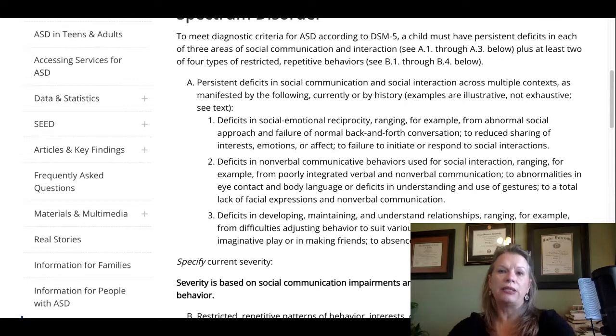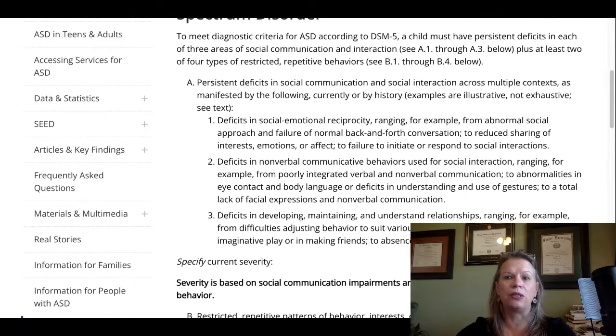So again, going back to ASD, it is not something that we can refer a parent for, saying just go take this blood test. For example, with Down syndrome, a geneticist will do a genetic test for a family if a child is suspected of having Down syndrome, and that genetic test will then confirm what the doctor maybe sees, the syndrome type things that the child is presenting with. But that's not the case. It's not the case with autism spectrum disorder, unfortunately.